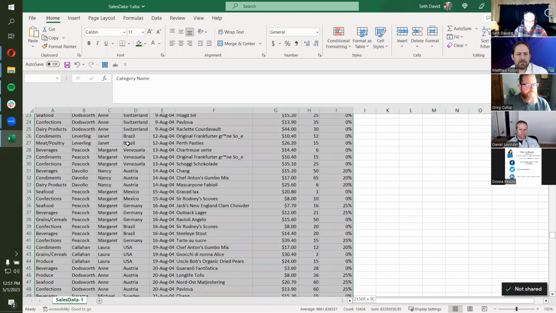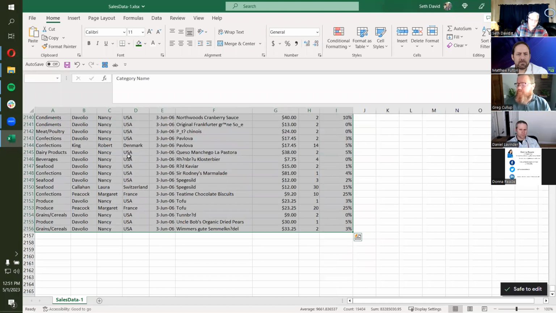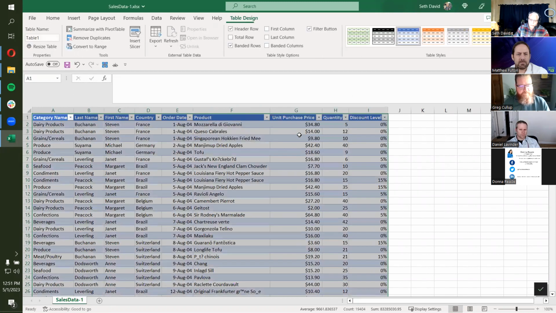So Matthew, you're going to love this part. I'm going to highlight the whole region. I'll use the scroll wheel on my mouse to make sure I've gotten truly to the bottom. Control T as in table. It knows the range because I've selected it. I just want to make sure that this little box is checked off that says my table has headers, unless of course yours doesn't. Click OK, and instantly it converts into a table, which gives it sort of superpowers, right?